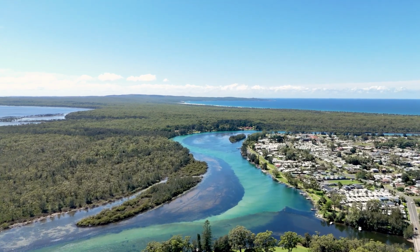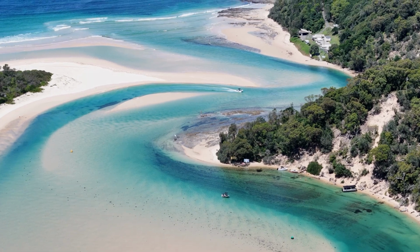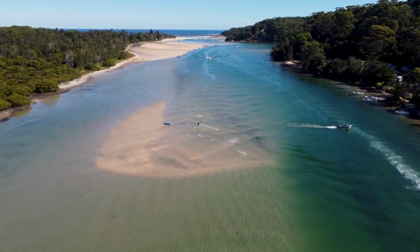From bridges that float above the waves to beaches that seem untouched by time, every stop tells a story. It's not just a drive, it's a memory-making road trip through some of the most scenic and soul-stirring landscapes in New South